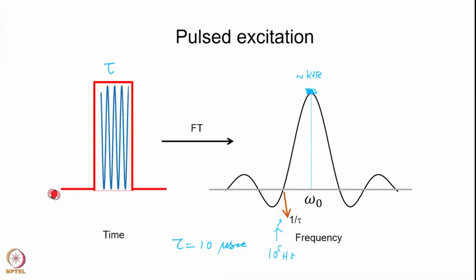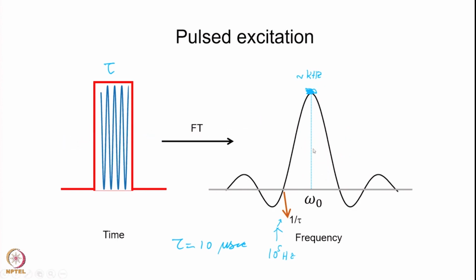We talked about the pulse excitation last time. This slide was already shown to you last time. So, RF applied for a short time tau is called an RF pulse. When we apply the RF pulse, it will result in an excitation of a larger number of frequencies as indicated on this side here, and this is because there is a Fourier relationship between the time domain function here and the frequency domain distribution of the